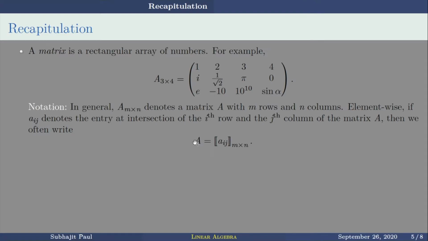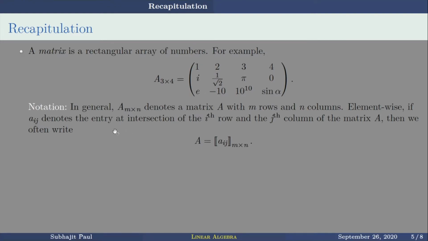Now, this one is a notation we also used to write. That small a_ij, these are the elements, the ith row and the jth column. And i is running from 1 to m. i is the row index and j is the column index. So a_ij denotes the entry at the intersection of the ith row and the jth column. The first one over here is the row index, indexing the row, and the second one is indexing the column. So therefore A31, let's say, will be third row, so 1, 2, 3, and the first column. So this is your A31.